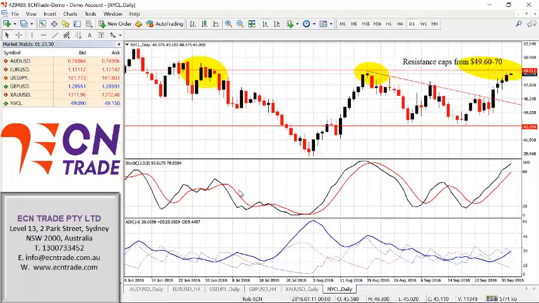And to wrap up with oil, we are looking for a challenge of $49.60.70 to the top side, which was recently challenged from this rally, and the failed area where it began its downward decline. Now, looking towards this level of 49.60.70, I expect to see a rejection from there, and expect the resistance to send the market lower towards 48.10 and towards a potential target which was recently at $43 and has risen to 44.50. So let's see how it plays towards that region and keep an eye on that level.